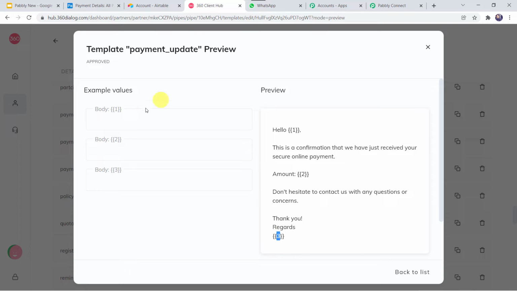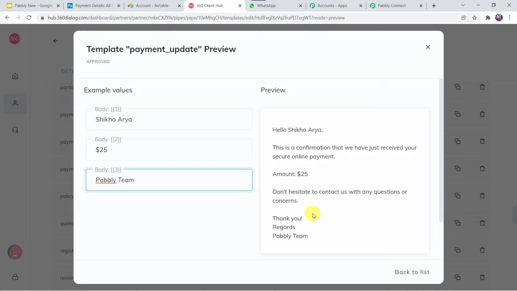So I'm just going to add the body field values over here. So it will make you clear. Okay, so let's give the first name as Shikha. Hello Shikha Arya. Okay, here in the body field, I'm just going to give a random amount, that is $25. Okay, she has made the payment of $25. So the amount will be captured here. And here in the body field 3, let us give it as Pabbly team. So here you can see that in this way the messages will be delivered to the customers. So here I have just created a random message. You can create a message as per your requirement.